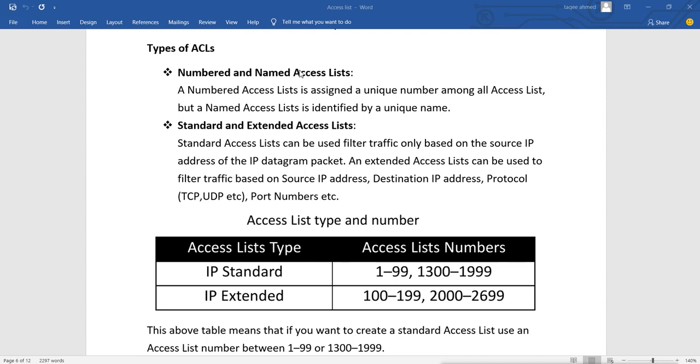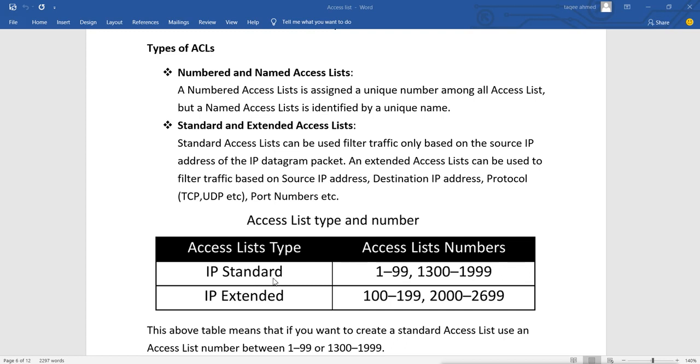If we want to create a standard numbered list, the number is from 1 to 99, and the extended range is 1300 to 1999. These numbers are for the standard list. That means when you create a list and give any number from 1 to 99, the router will automatically detect that you want to create a standard list.